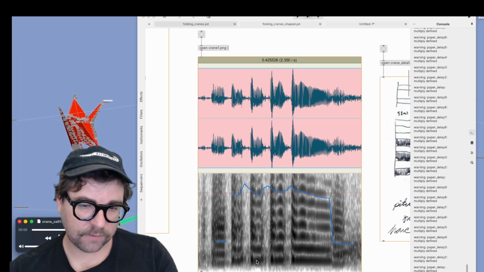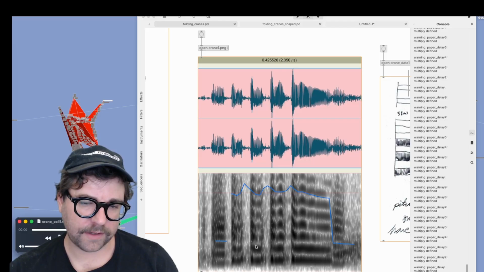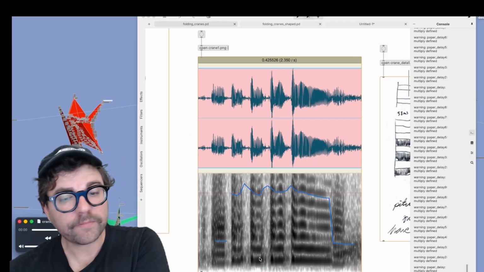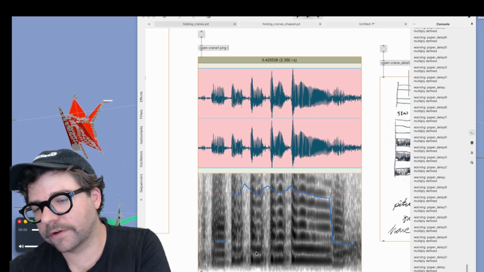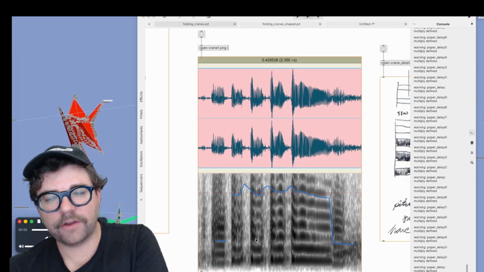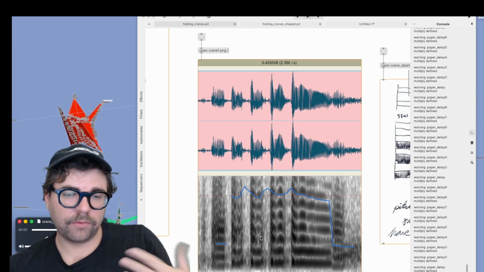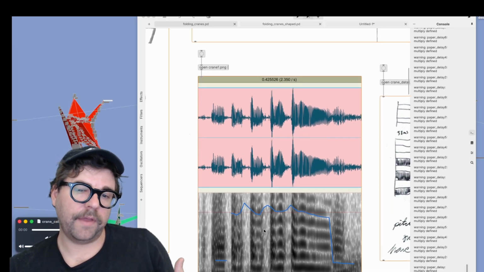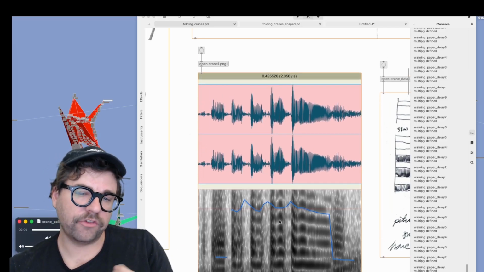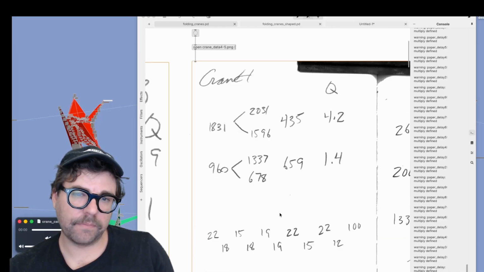And you can see, for instance, in this little band here, there's a lot of energy here and here and here and here and here, a sort of repeating pattern at various frequencies. So maybe this is 700 hertz and that's 1100 hertz, etc. I went through and for 9 of these calls, extracted that data, like where is the energy in the frequency spectrum, and I plotted it